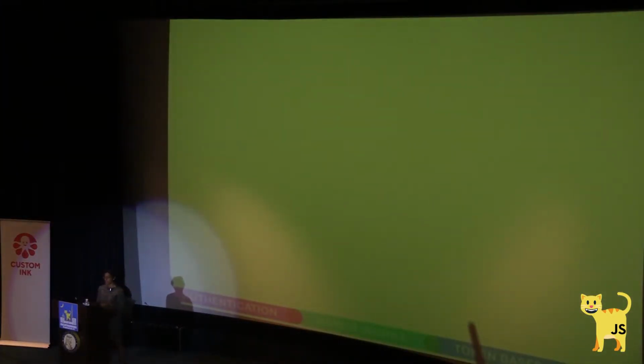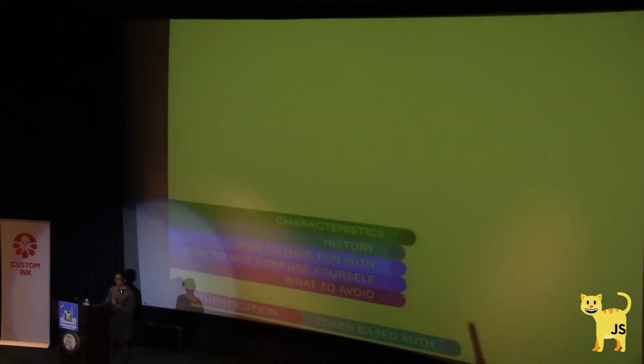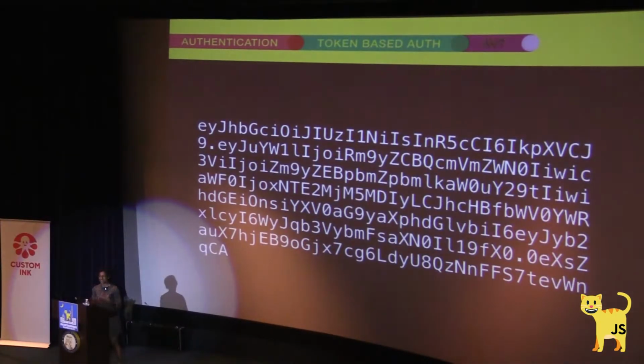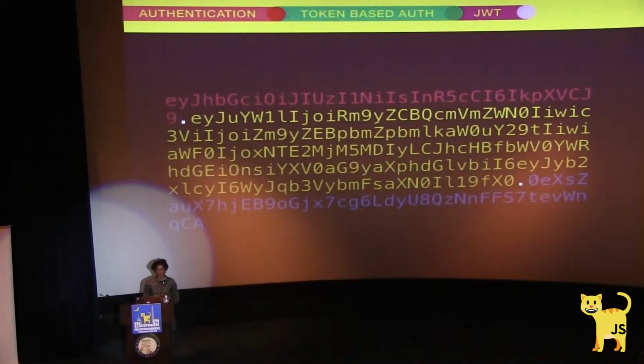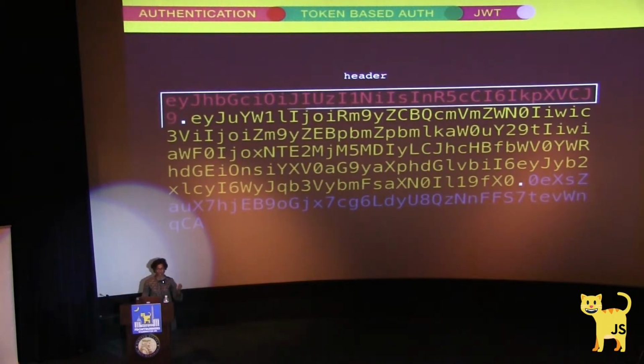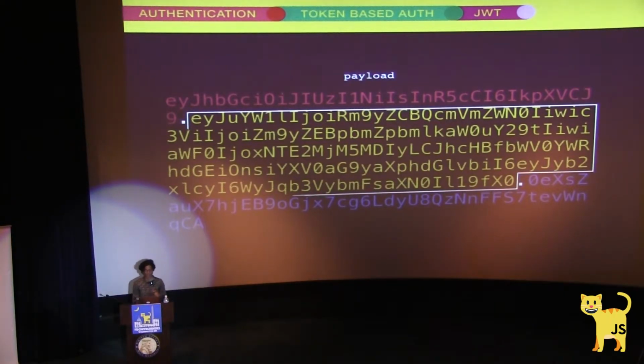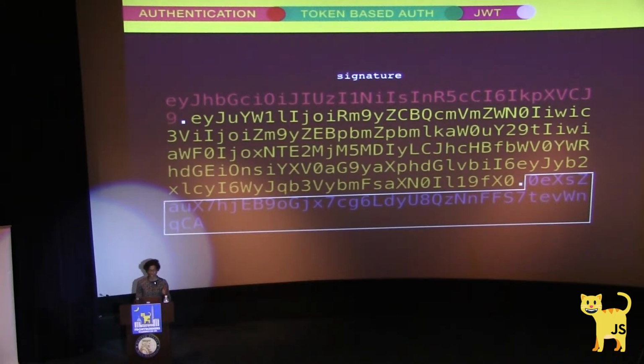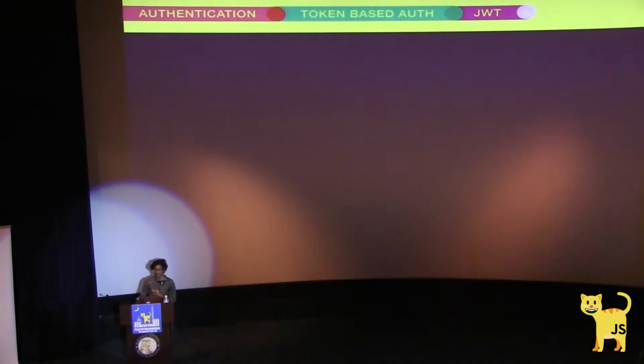And so with token-based auth, I didn't really talk about this, but I will now, is JSON Web Tokens. This animation was very ambitious. And so the idea with a JSON Web Token is that string of characters I showed you. It's kind of like garbledy-goop. But it's actually split into 3 parts. You have the header, which is the top part. You have the payload, which is the second piece of it. And then you have the signature. And I will go into this in very painful detail.